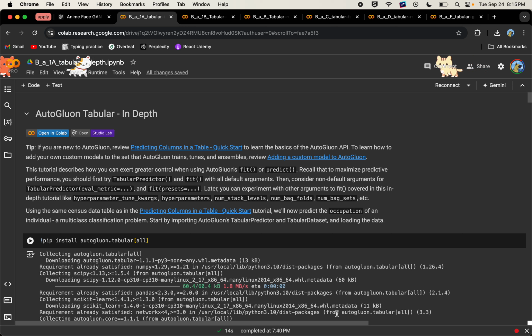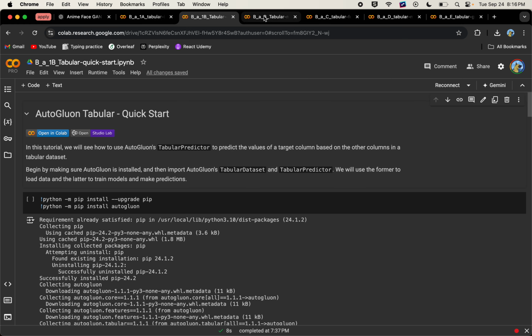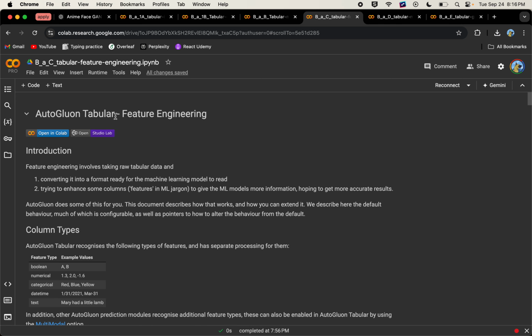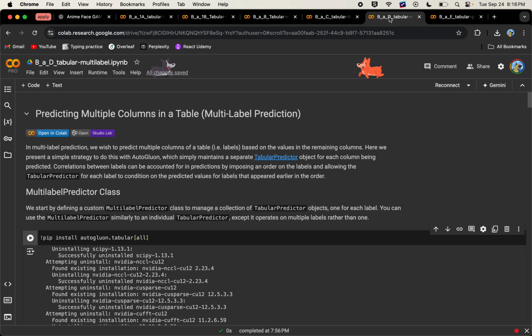This will be another video for our AutoGluon, a new low-code ML tool which we'll be using in this session. Here, I'll demonstrate a few of the videos like the AutoGluon Tabular in-depth and quick start, the multimodal data tables, etc., and the AutoGluon Tabular feature engineering, as well as